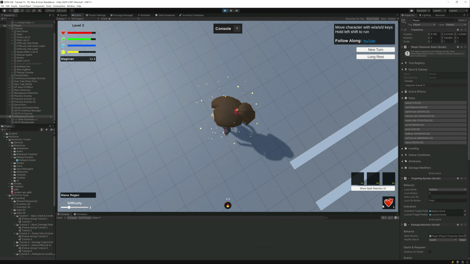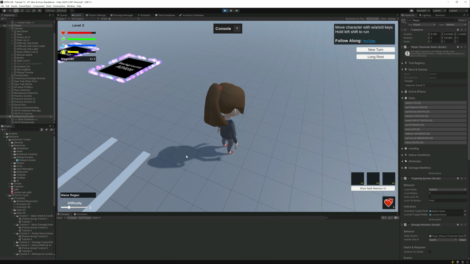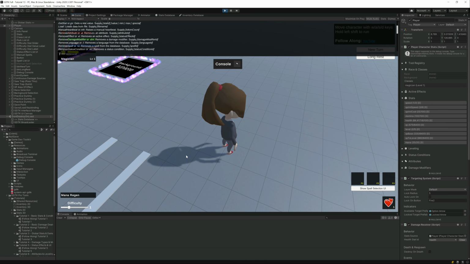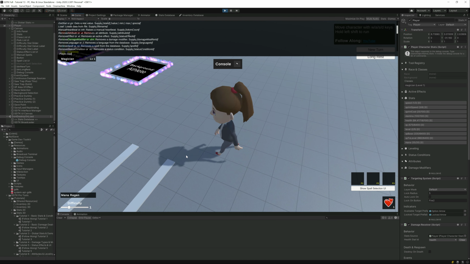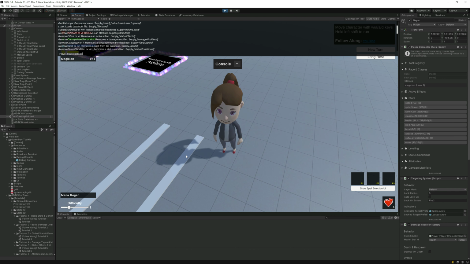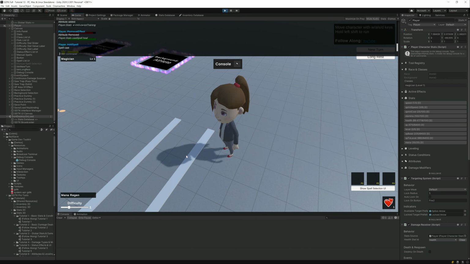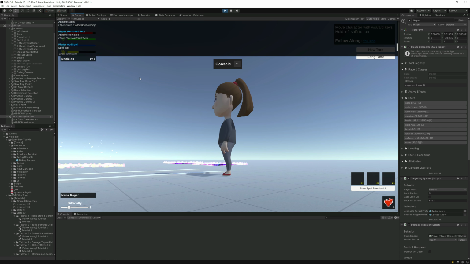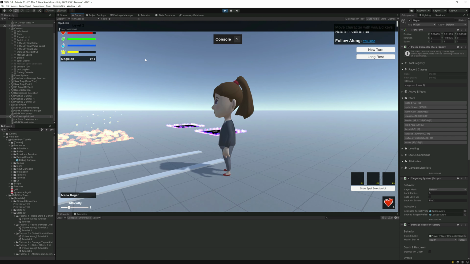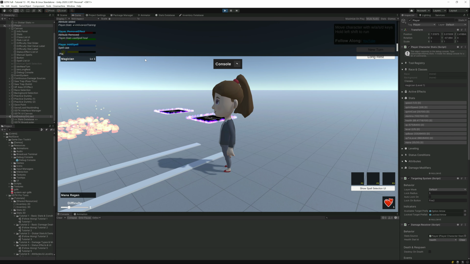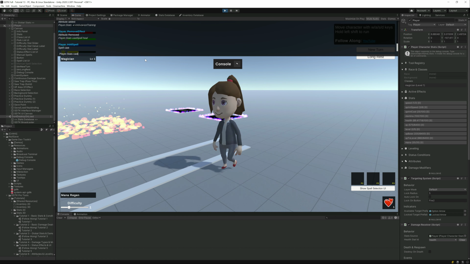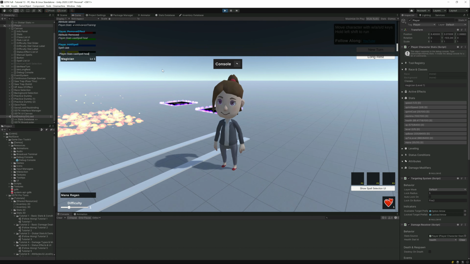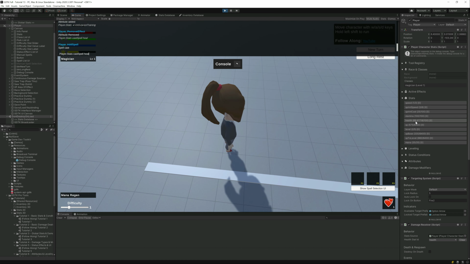And now we could either press the 1 key, or we can open the console and we can say player.stats cast spell heal. And if we look, we can see that we've healed up a little bit. We can do it again. And we'll look at our health. It's at 89.41. And now it's at 94.41.